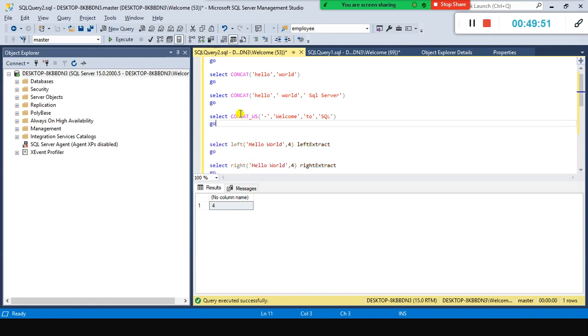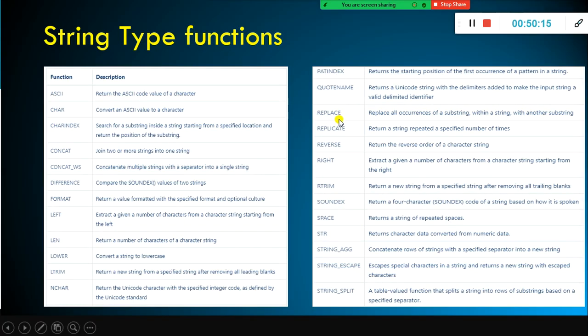So the first one is the separator, then expression, expression, expression. What it does is separate all these three strings by a hyphen: welcome-to-SQL. So this is how you can use it.